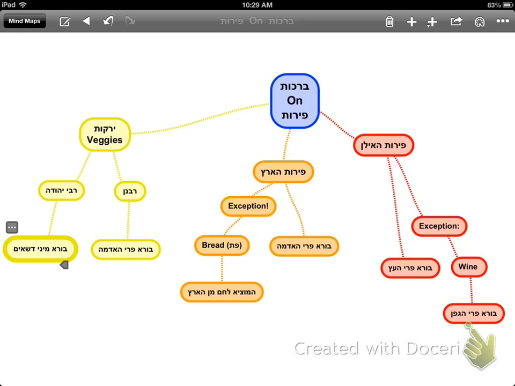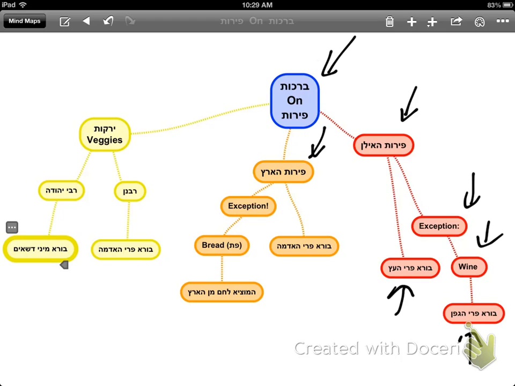Okay, just to review this past Mishnah, we can sum it up in the following way. The Mishnah is discussing brachos that you make before eating peros, fruits, which means food that is grown from somewhere originating in the ground. So we have different types of peros. First, we have peros ha'ilan, fruit from a tree. The bracha on fruit from a tree is borei pri ha'etz, which makes sense, fruits that grow from the tree. The exception to this rule is wine, which comes from grapes, which has a special bracha, borei pri hagafen.